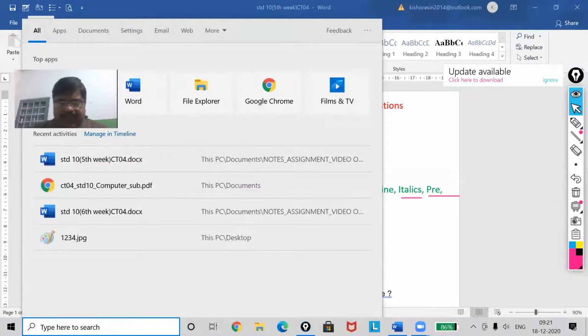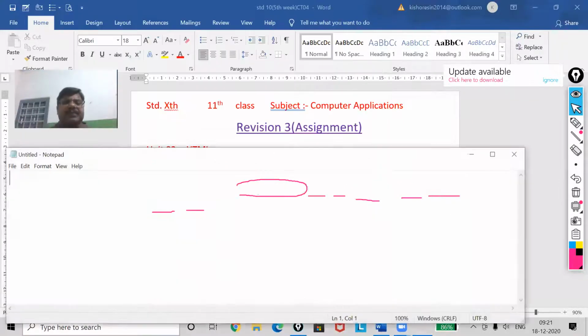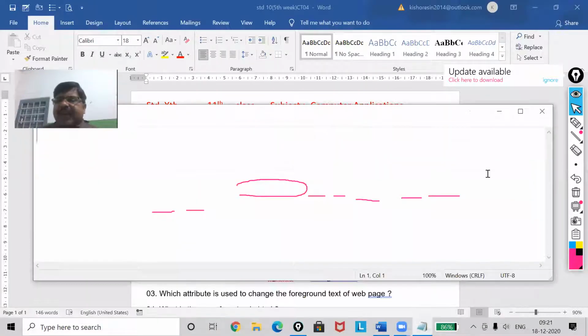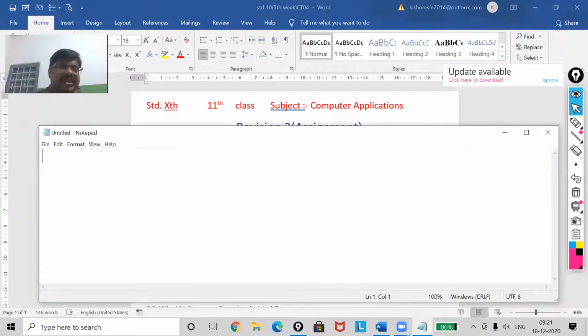For that, I must go to Notepad. Now here I have to write the coding. As I already discussed the structure in the last class, the same structure I am going to use here: HTML, head, title.